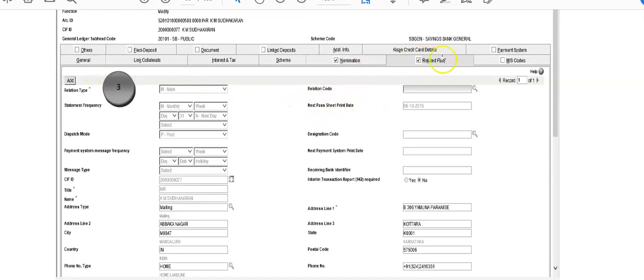Now as you click on related party details, the first page will show the details of the individual original account holder. So you don't have to do anything on this page. For adding the joint account holder's KIF ID or details, you have to click on add here. Please don't forget to click add. The same screen will appear after you add, and the same details are to be entered. Just type the KIF ID here and all the details shall be populated and your account will become a joint account.